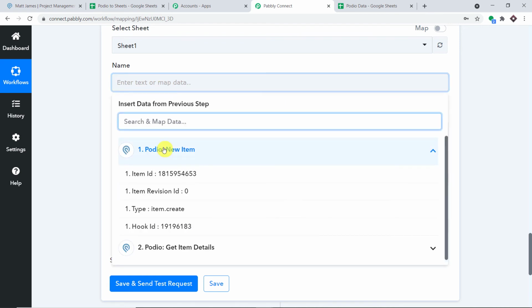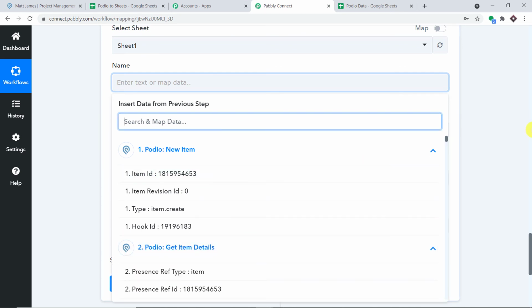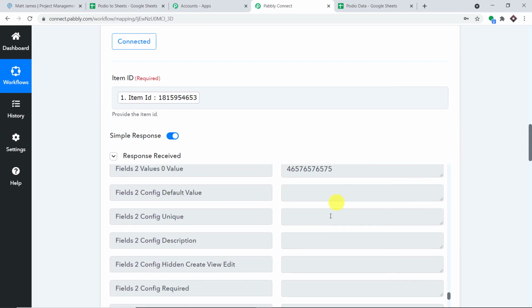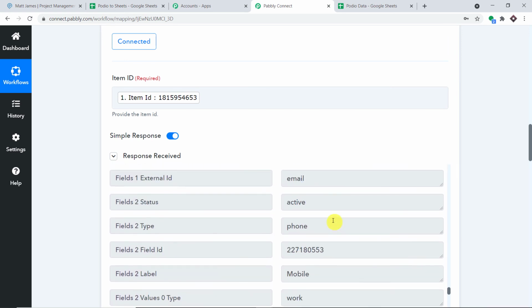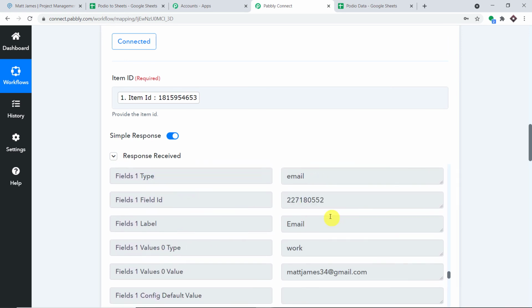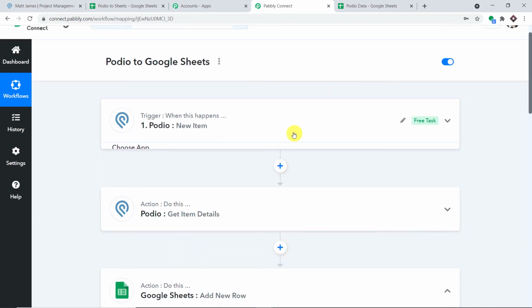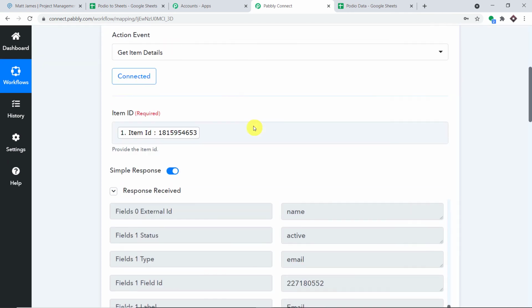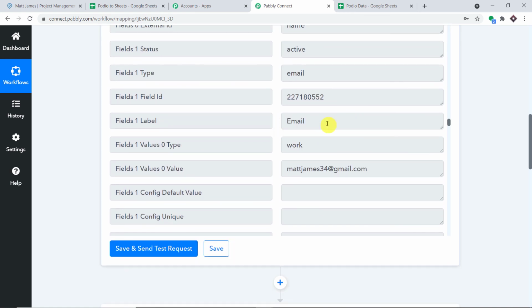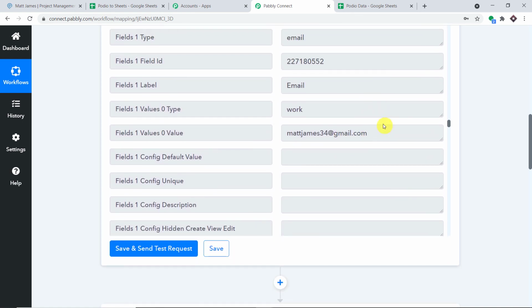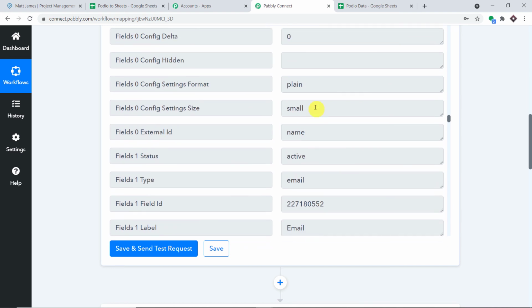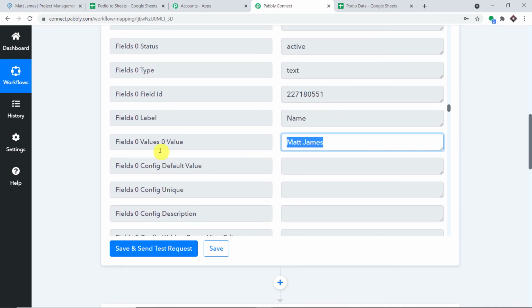If you remember, the name came from the second accordion. So let me just show you. If you don't remember, it's totally fine because you're doing it for the first time. The name of the guy was Matt. Now remember this is from the second accordion. This was the first accordion, and then this is the second accordion, or the second window, I mean the first action window. So this was the email address. We want the name. So the name was Matt James.